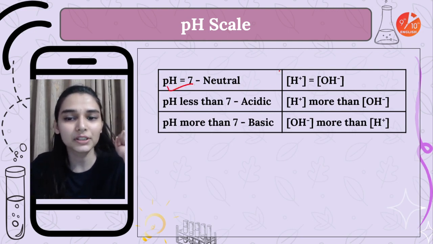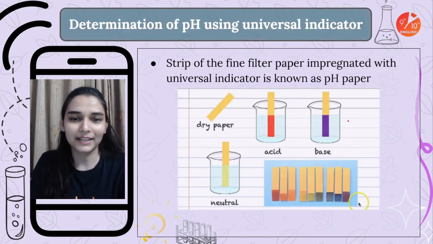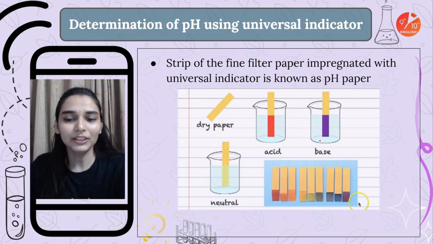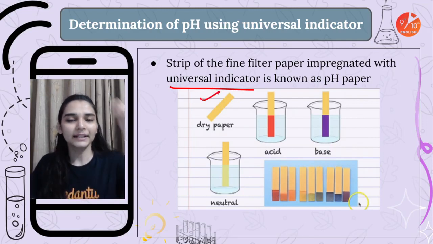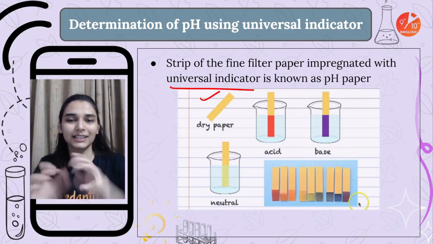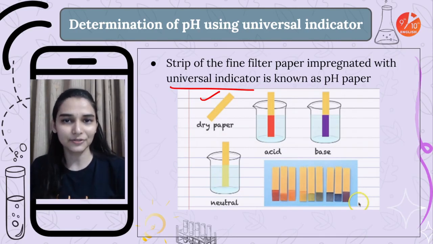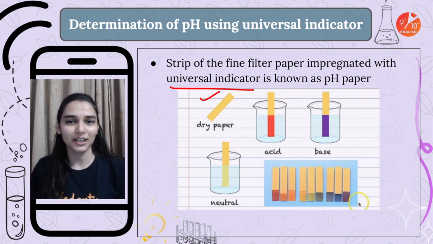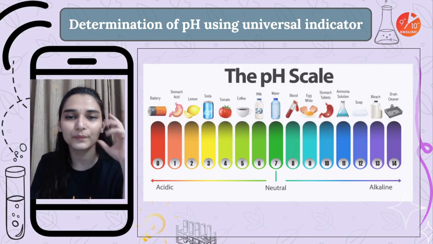At pH 7 neutral solutions, less than 7 में acids would be there, more than 7 में bases would be there. ठीक है, so let's say you are provided with an unknown solution and you actually want to know whether they are acid or base. So simply you take the universal indicator, that is a strip of paper. ऐसा paper होगा, dip it in your respective given solution. जो भी acid या base है, dip that universal indicator into it, then observe the color change. ठीक है, आपको अलग अलग concentration H plus पर अलग color मिलेगा. So that color can be matched from the pH scale.